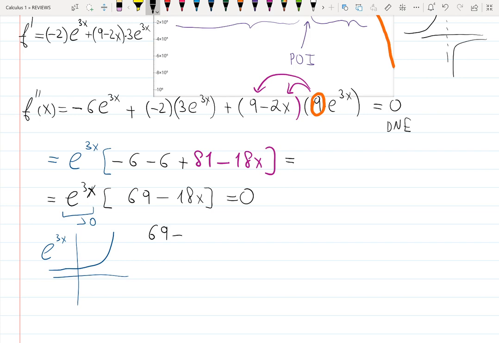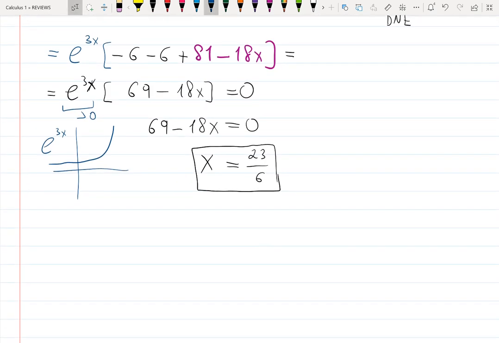The 69 minus 18x, however, will give us a solution, a rule. X is going to be 69 over 18, which is 23 over 6. 23 over 6. And this is the point we're going to use for the second derivative sign line. I'll write down, right now, I'm going to do the second